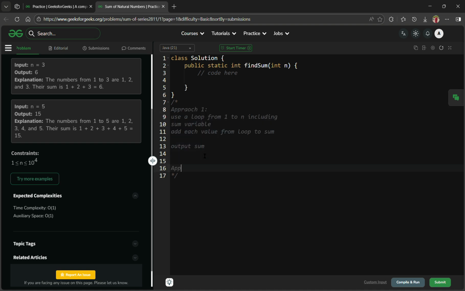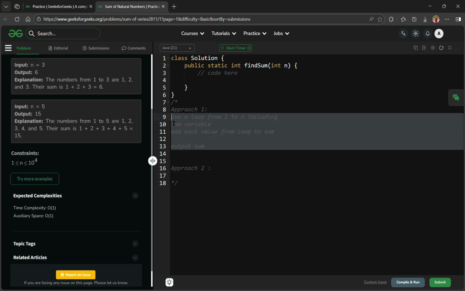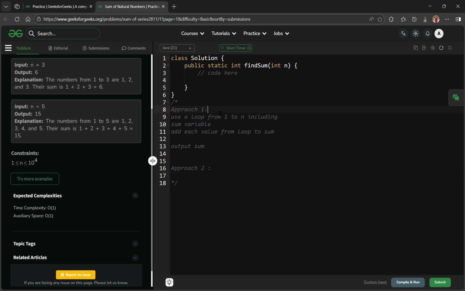We can solve this program in that way also, but we have to see that they gave the constraints. The time should be O(1). It means we should not use any loops. Even though it is a single loop, we should not use it. So the alternate approach,